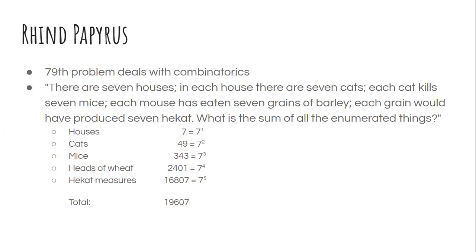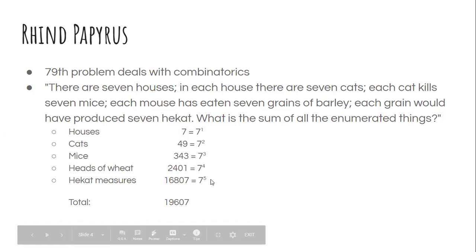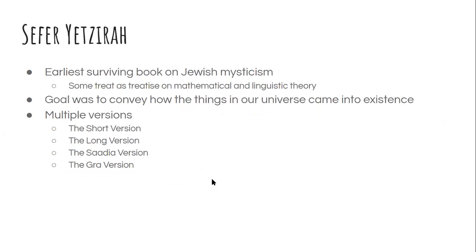And we actually see that this problem shows the formula for the sum of a geometric series, which is 1 + r + r squared all the way to r to the n. We see that here because n is 5 in our case. So we could have just done 7 to the 5th. That was a pretty interesting result that came from this.